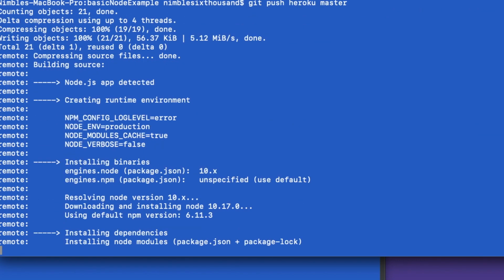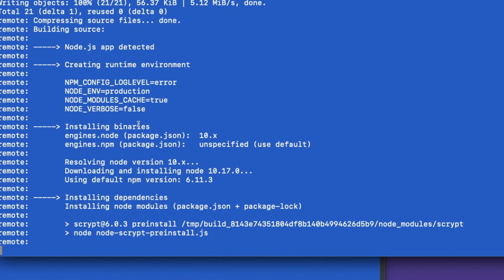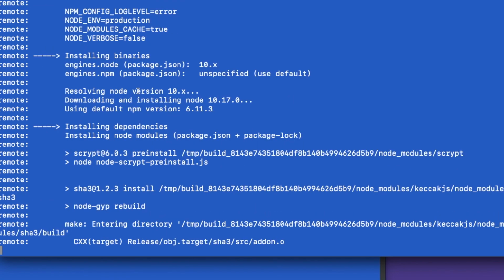Now the problem with free applications is that it'll shut off every few hours. But if you pay and you upgrade it to $7 a month, then it'll run continuously. So this server will actually run. It's a free server, so it'll shut down. So that kind of sucks for Node apps, because usually you're doing something 24/7 that you want your node to constantly be monitoring stuff. But just to kind of get you started on how do you actually deploy this thing, I'll be able to actually go to this URL